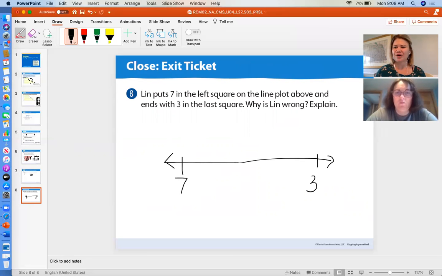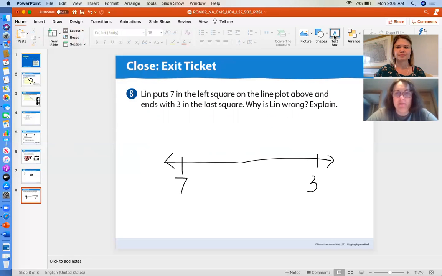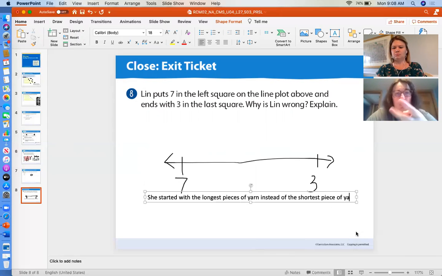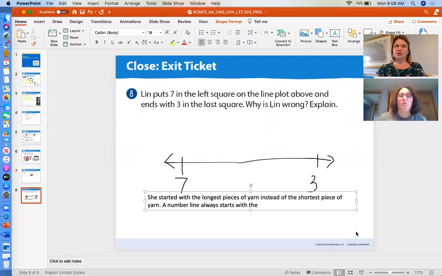Why is Lynn wrong? Can we explain why she's wrong? So she started with the longest piece of yarn instead of the smallest or shortest piece of yarn. And we can't do that because that's not how our numbers work. We know when we count, we start with the littlest number and work our way up to the biggest number. So she needed to switch those two around. So a number line always starts with the smallest number on the left